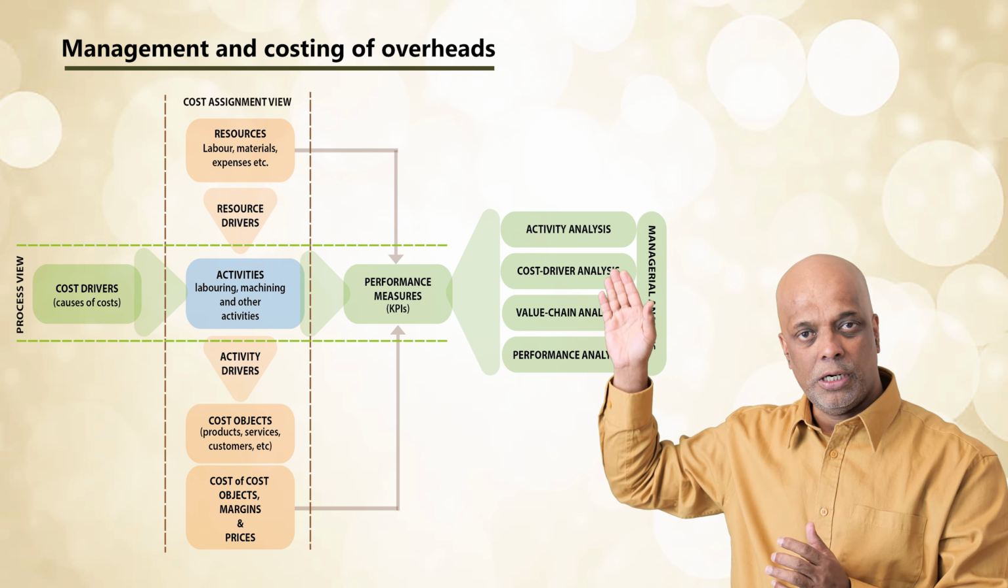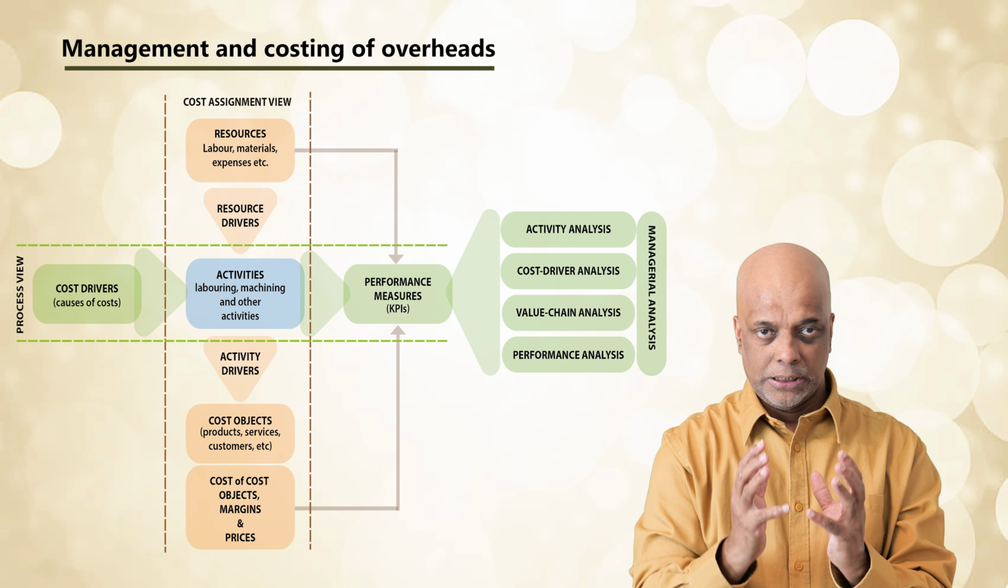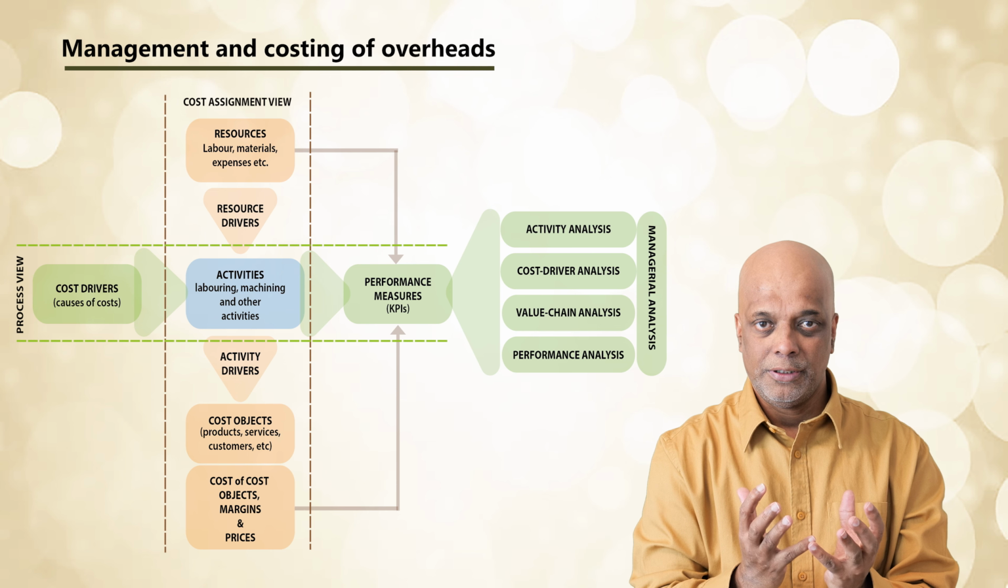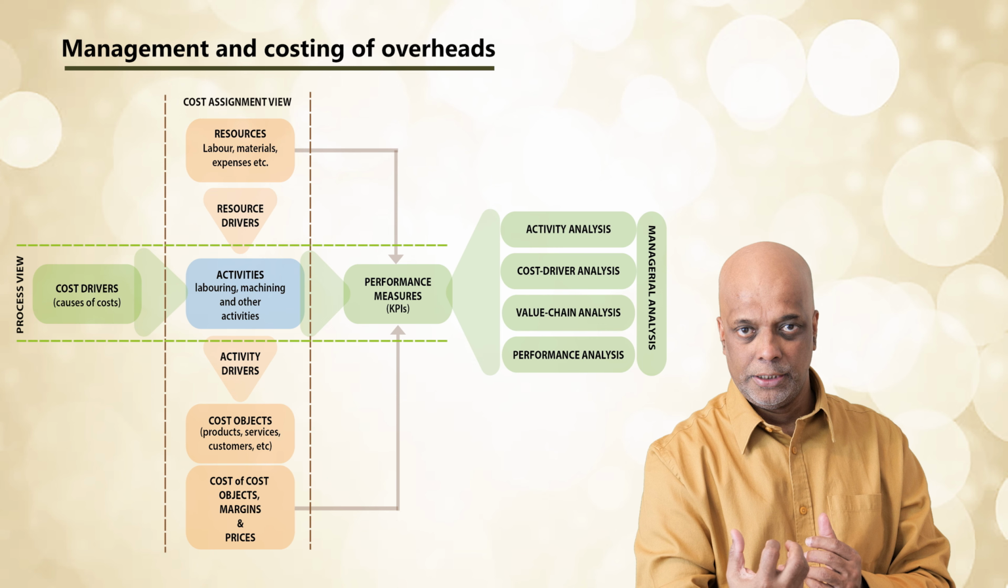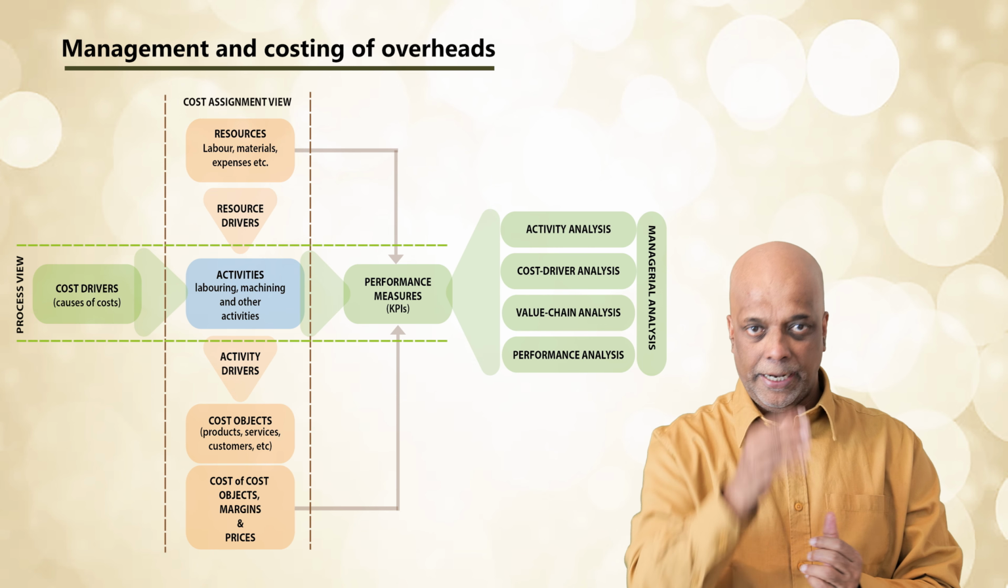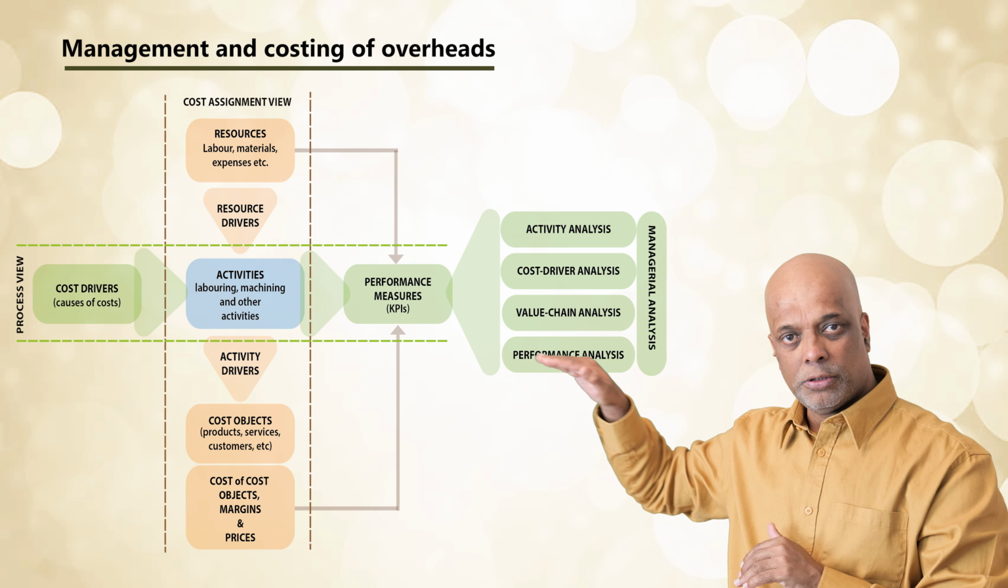So that is what we call the assignment view. The objective of the assignment view is to calculate or estimate the cost of a cost unit. It is a costing exercise. It is the costing angle. Then, when you think about this diagram